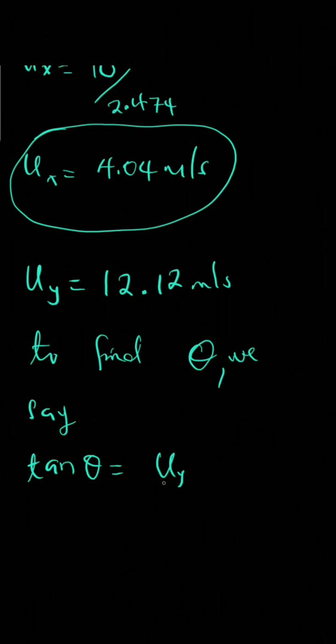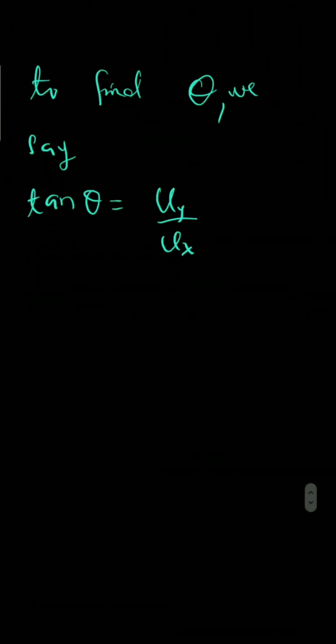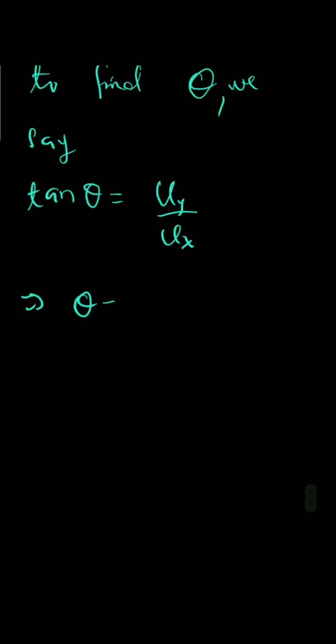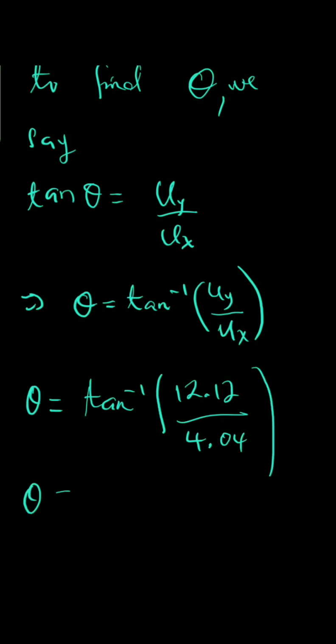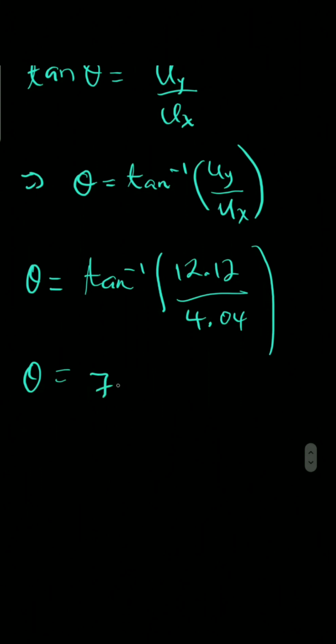So tan theta is equal to uy over ux. Meaning the angle theta will be equal to tan inverse of what we have on the other side. We'll put it in parentheses like that. So our theta will be equal to tan inverse of 12.12 divided by 4.04. Upon doing our calculations, we have that angle theta, the one we've been looking for, is 71.56,